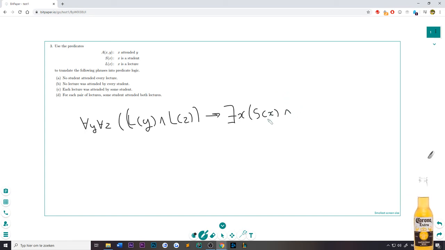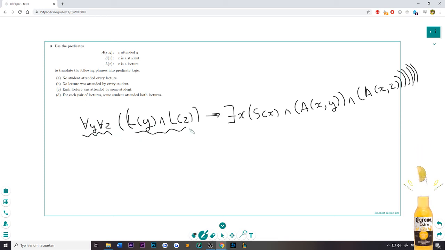So this X is a student, and X attended Y, and X also attended Z. Well, I don't know how many brackets, but you get the idea. So what it's saying is for every pair of lectures, for every pair of Y and Z, if both of them are lectures,